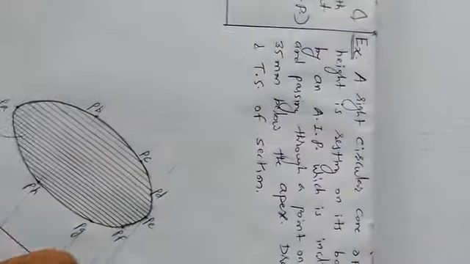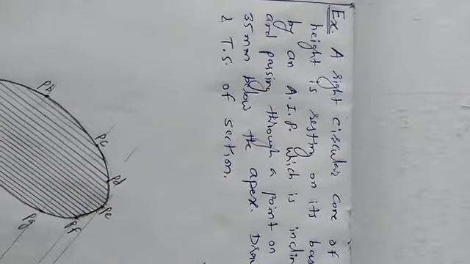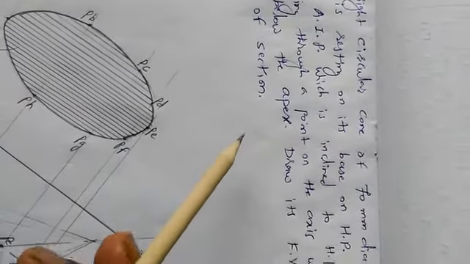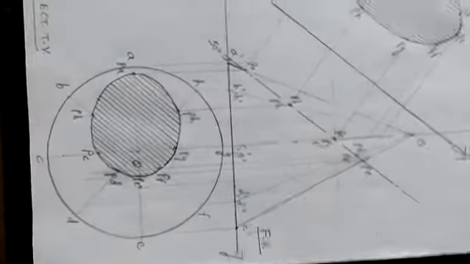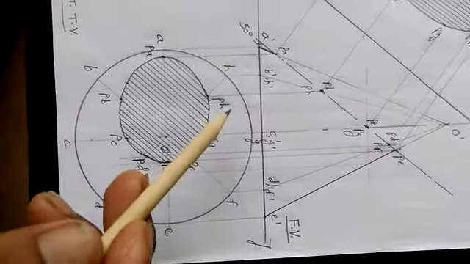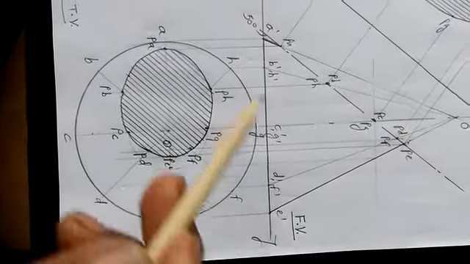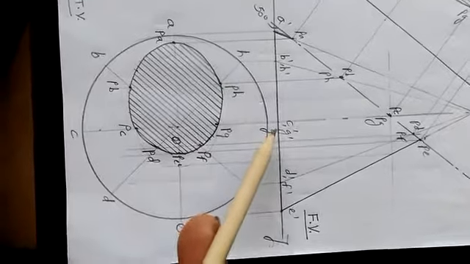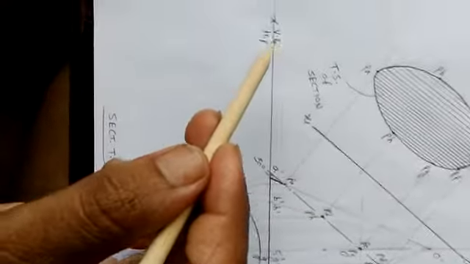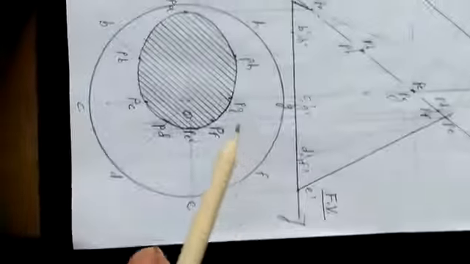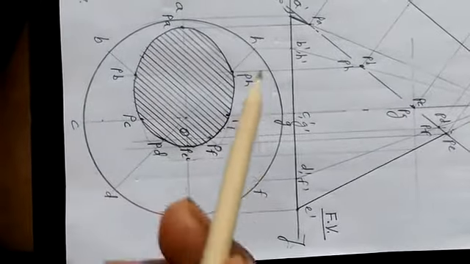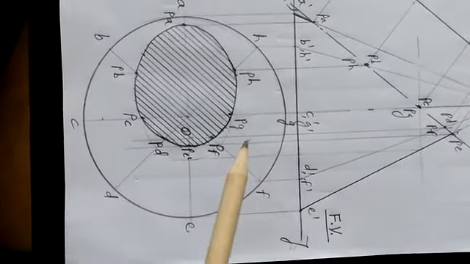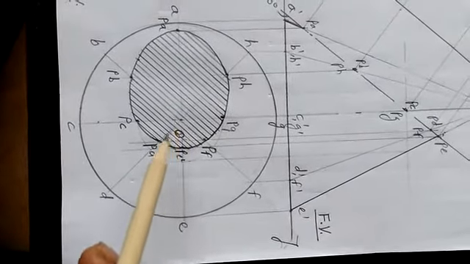Now the solid is a right circular cone and it is going to rest on its base on HP. So we should start with the cone base, which is nothing but the circle that we should construct initially over HP in this way. Maintain any distance below the XY line. Create HRL first of all. Don't forget to write VP and HP here. And below this XY line, that is on HP, you have to create this circle that is the base of this cone initially. And after that, show the apex here also.